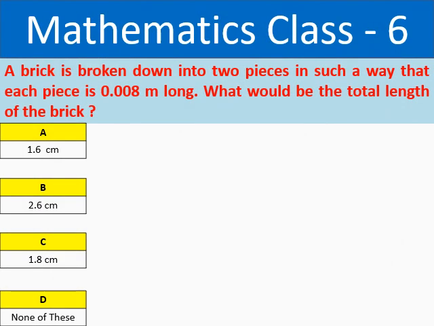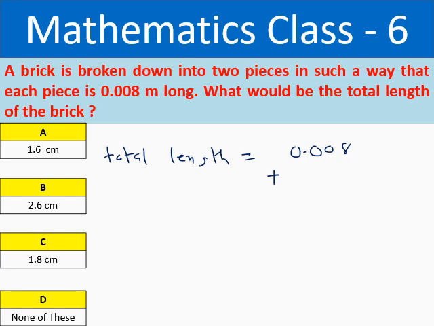A brick is broken down into 2 pieces in such a way that each piece is 0.008 meter long. What will be the total length of this brick? So now, the brick is broken into two pieces. So now the total length is equal to